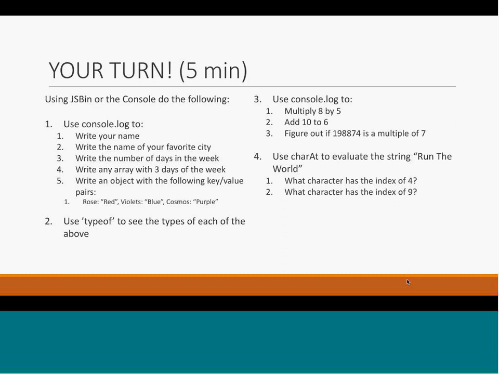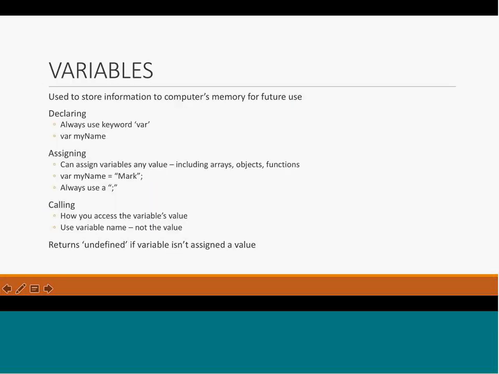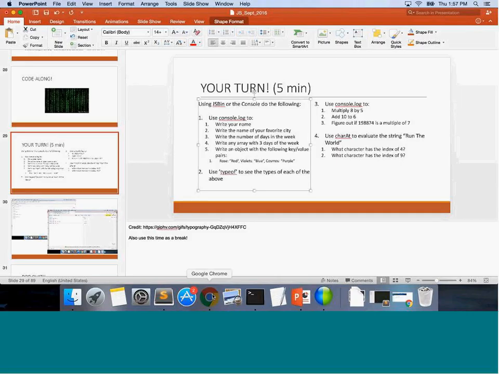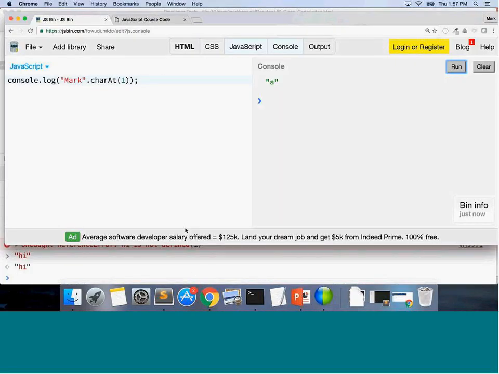Why don't you have to use quotes? Because strings and numbers operate differently. Essentially, the answer is because JavaScript can't use character at on a number, for example, because it's not a string. And also, JavaScript won't let you do